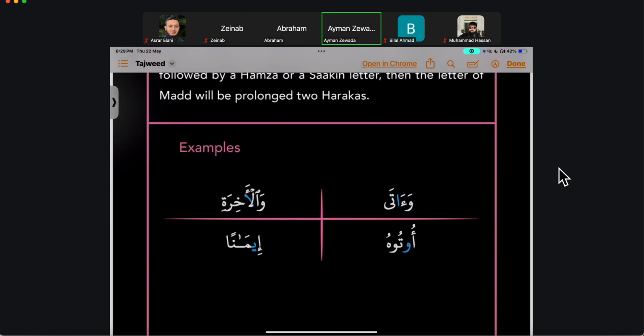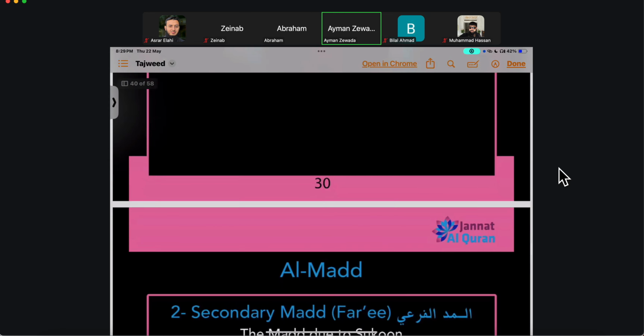Now, to make it very clear, this is very similar to the natural mad in terms of the fact that you already say it. It's not something you have to put conscious effort into. I mean, until now, I haven't heard any of you say this wrong. So I'm happy to just keep going. This is just an FYI to let you know.